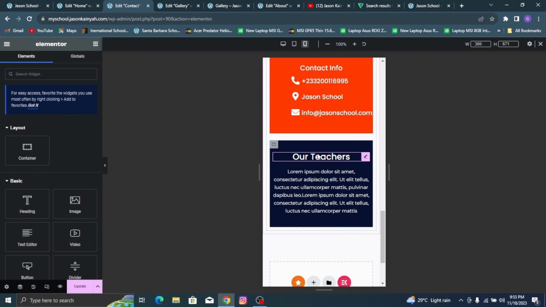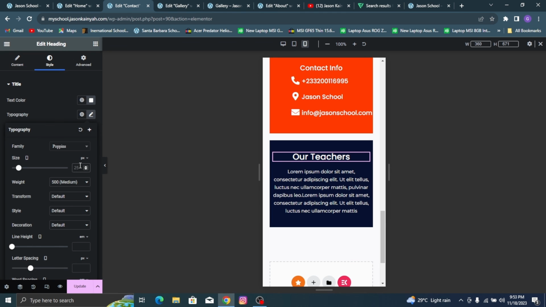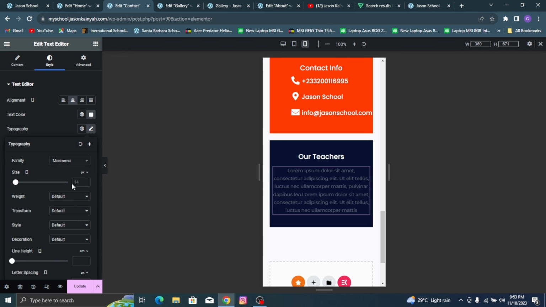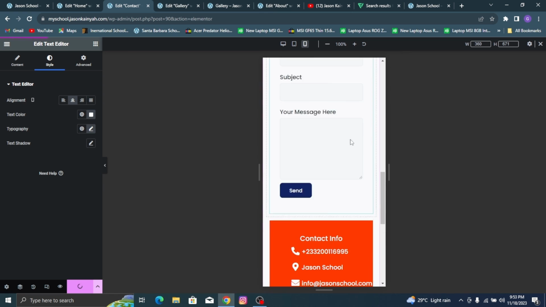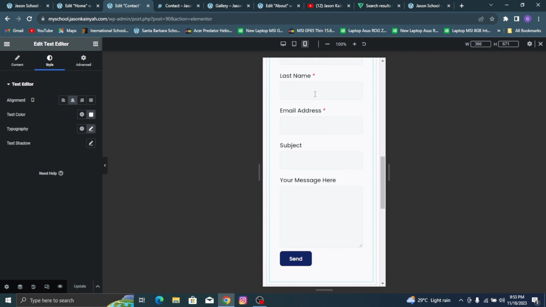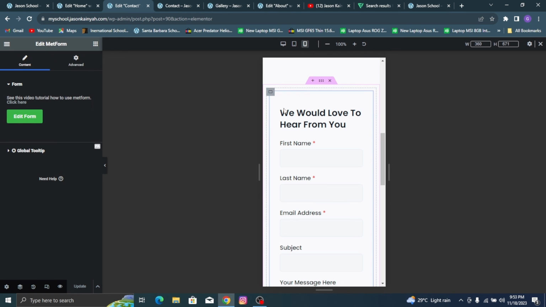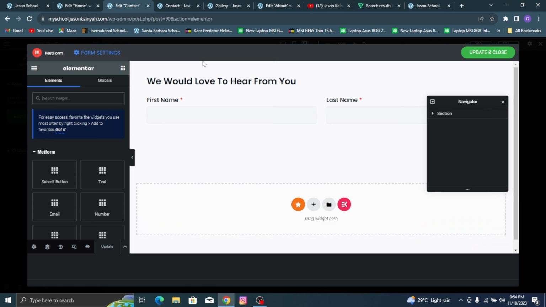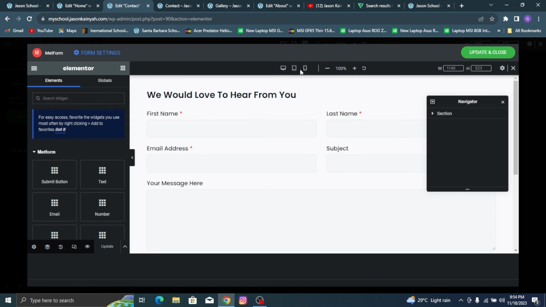Now that is done, we'll come over here, go here, change the size of this to 20 and change the size of this to 14. Okay, it's already 14, then that's good enough. So the last thing we have to edit is the contact form. I think the contact form actually looks okay, but there are some things we can do. So hold on, let's click on the form and click edit form. And here we'll click edit form again, and then once Elementor is loaded, we'll click on responsive mode and select